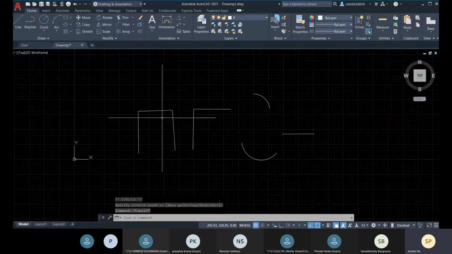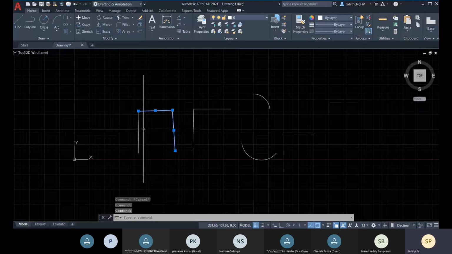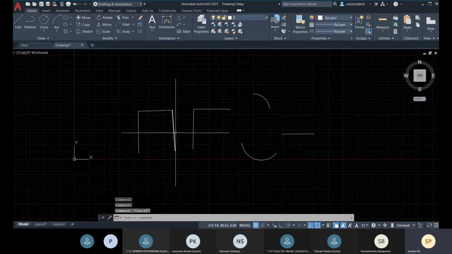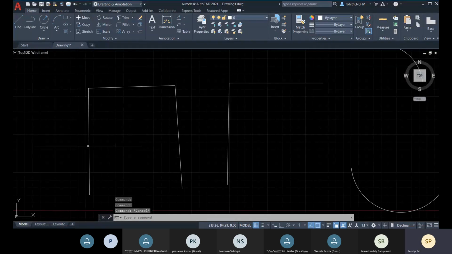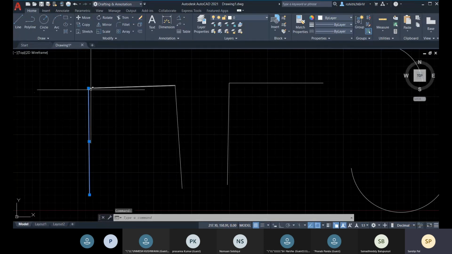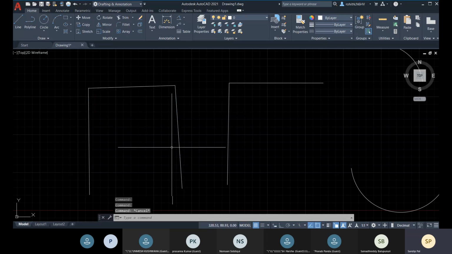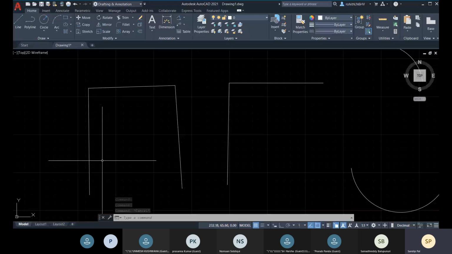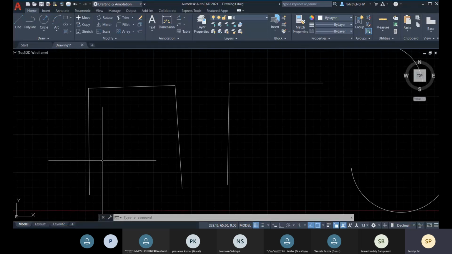Okay. And here you have multiple segments, which are all connected right now. You can see this segment is connected with this segment. So when you have connected segments and you want to convert these multiple entities into a single entity, for that we have the join option.